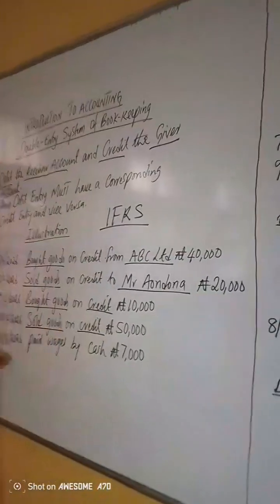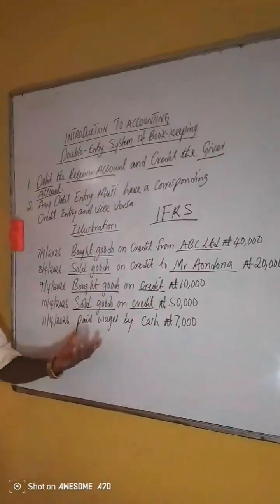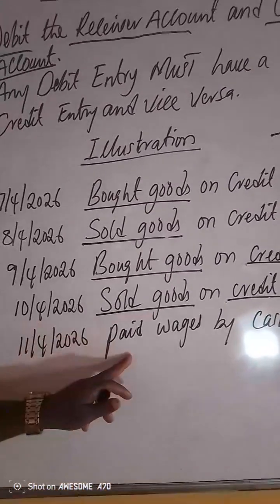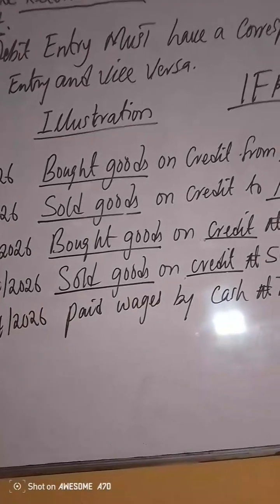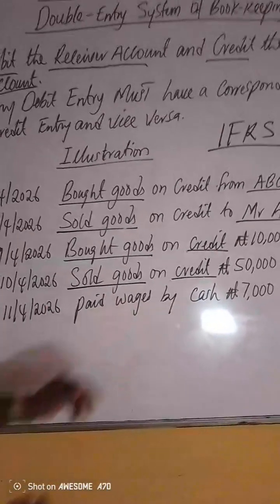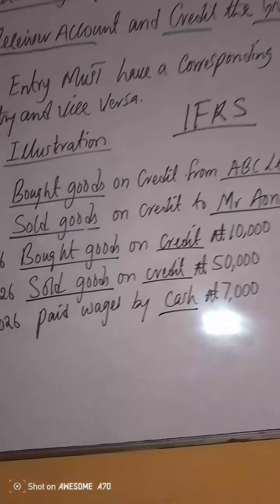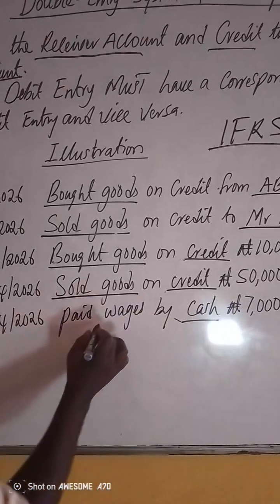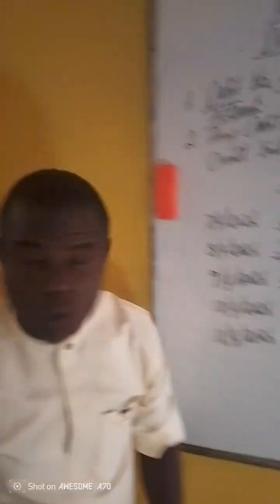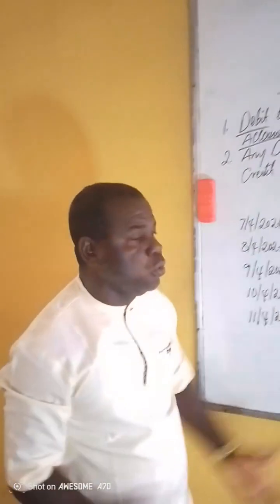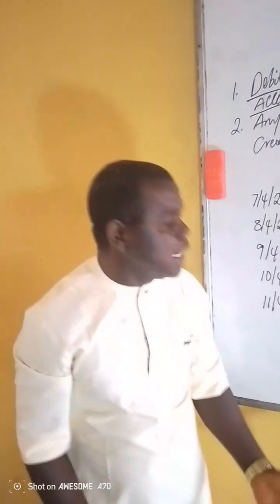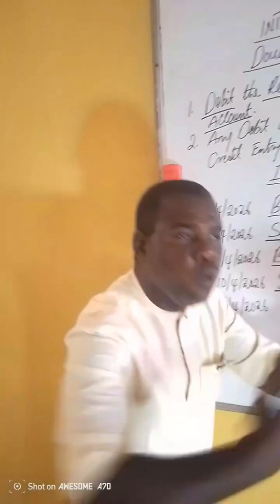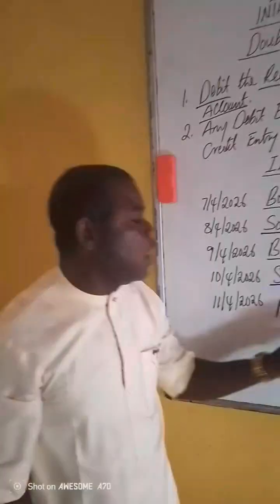Then finally, let's come back to the last one, which is paid wages. Paid wages here. Then here we try to identify which account I receive and which account I give. Mind you, if you want to pay wages, you must give out cash. The cash becomes the giver account. Then the receiver account becomes wages. Wages is services. Wages is not tangible as in the case of goods. But we know that as you are giving out cash, you are going to receive the services of somebody performing wages for you, and wages becomes the